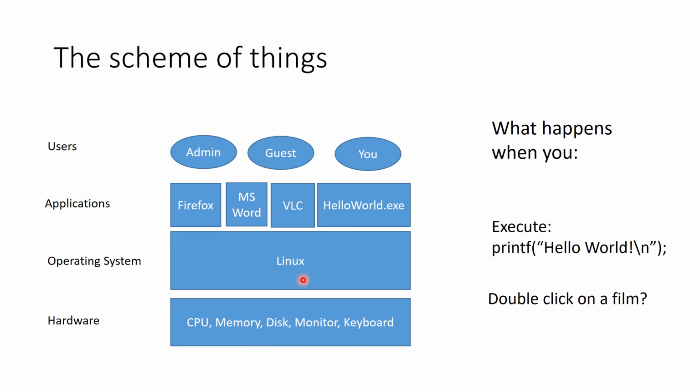Your screen is composed of pixels, and they have coordinates from 0,0 to whatever the length and width of your screen is. You could imagine the whole screen as a 2D plane, and for each pixel you can have coordinates on the X and Y axis. So the coordinates were also passed from the motherboard to the operating system, that the mouse was clicked at these coordinates. At that moment, the operating system would then try to work out what was being displayed at that particular coordinate when the mouse was double clicked.